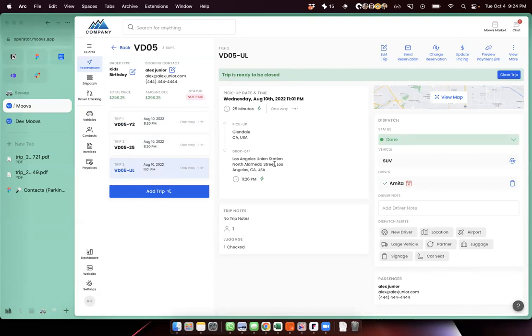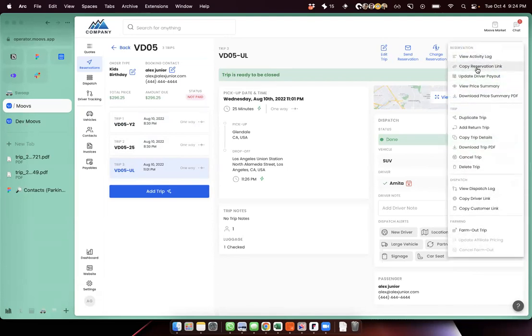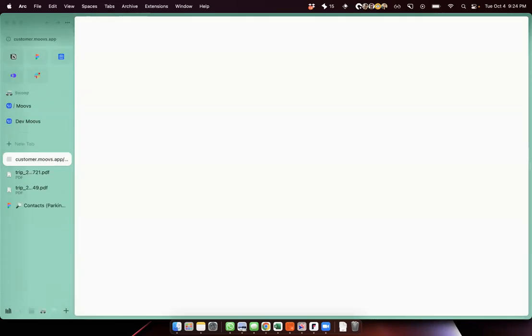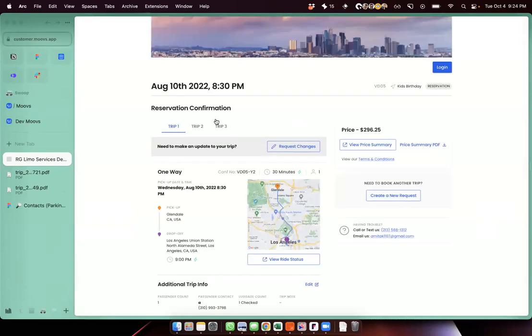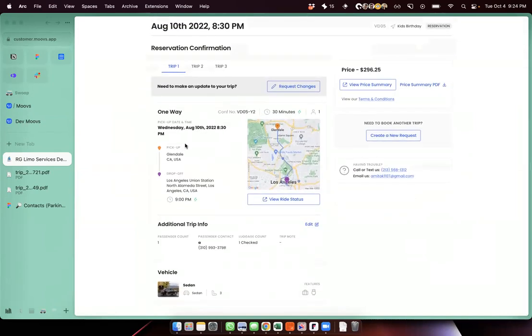Got it. Yep. And that's actually better for a wedding coordinator. When you send her that link, she can go to each one of those trips, 1, 2, and 3, and see the difference, including the difference in the vehicle. She can say, oh, that's the limo one, this is the SUV one, and this is the bus one. So it actually works out better to just do 3 trips in 1 reservation. Got it.